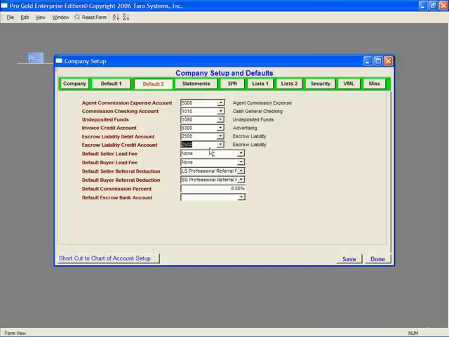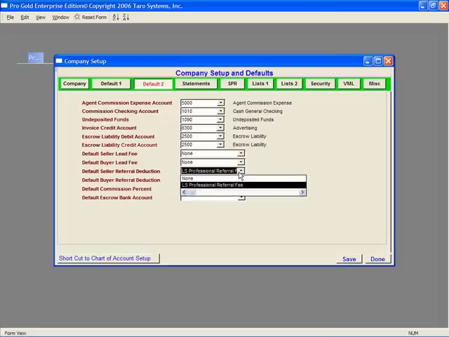Default lead fee for buyer and seller can be set to automatically add a lead fee deduction to transactions with company leads. If you do not charge lead fees, then set these options to none. The same thing applies to the next options, default referral deductions. Typically, these will be filled with professional referral fee, so that the system will add those deductions to transactions with